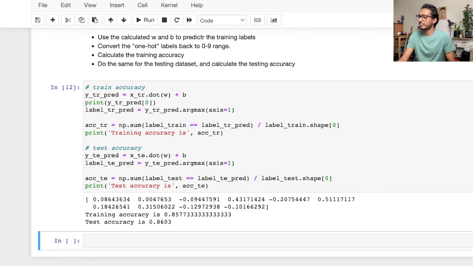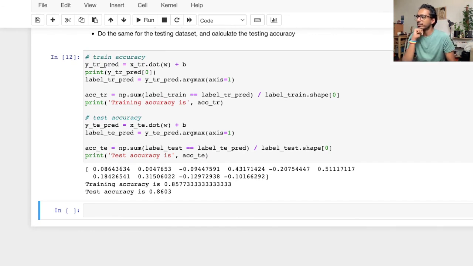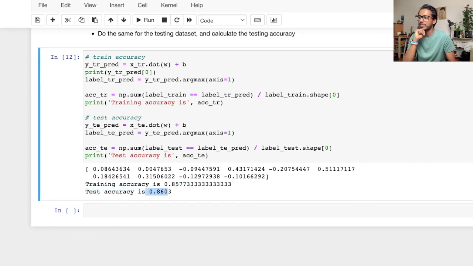Alright, let's try what this gives. Okay, so our training accuracy is around 85%, and testing accuracy is around 86%. So this is not very great, because the MNIST dataset is a very clear and concise dataset. But this was the analytical solution, and for an analytical solution, this accuracy is very good. So I invite all of you to try this. This notebook will be provided to you,